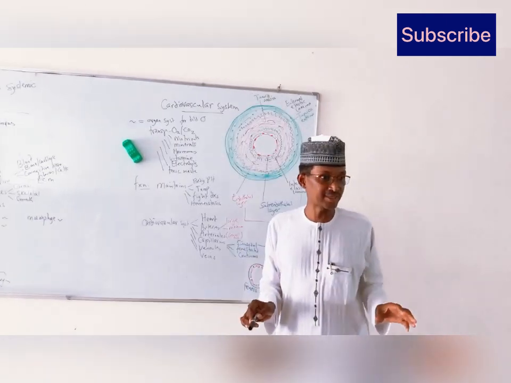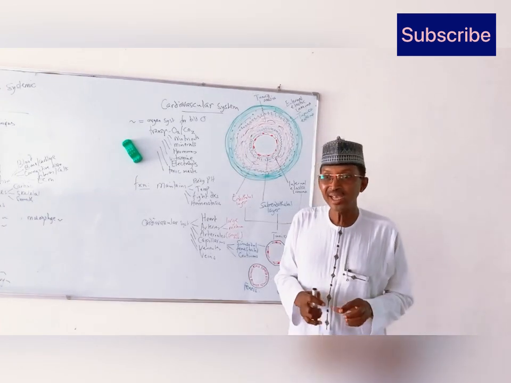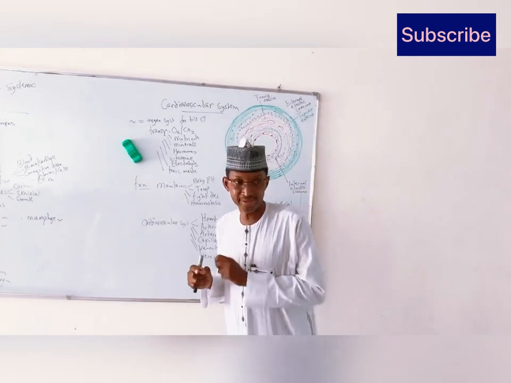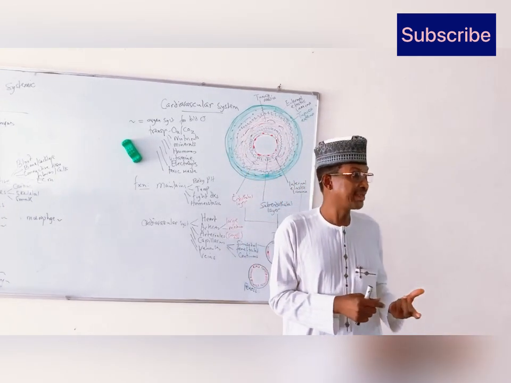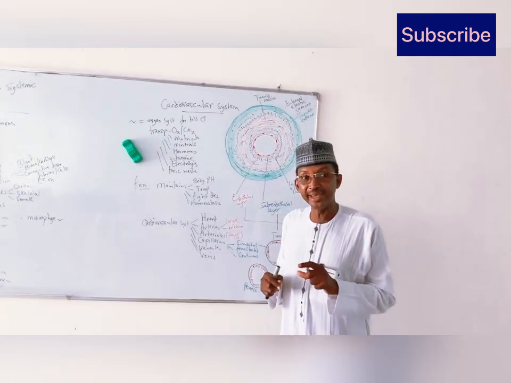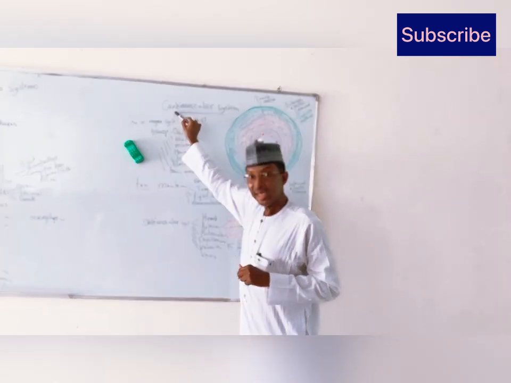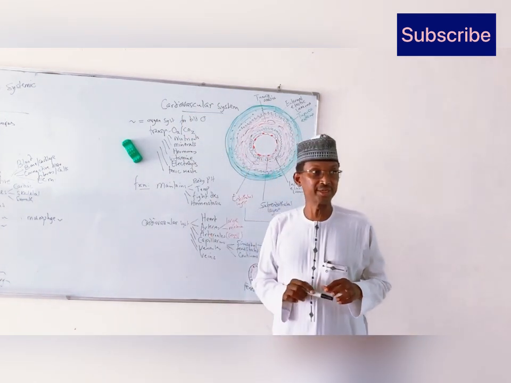Cardiac means heart. Vascular, you're talking about the vessels. So that means heart and its great vessels. That is what is meant by cardiovascular system. So along the line, I'm going to discuss the histology of the heart and the histology of the great